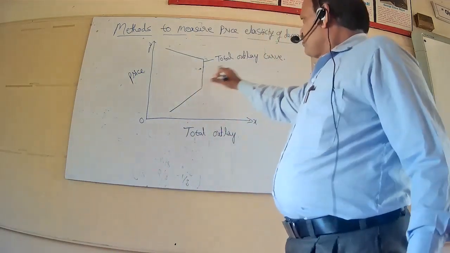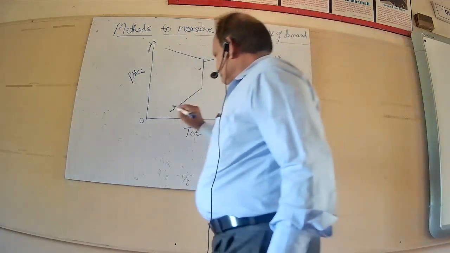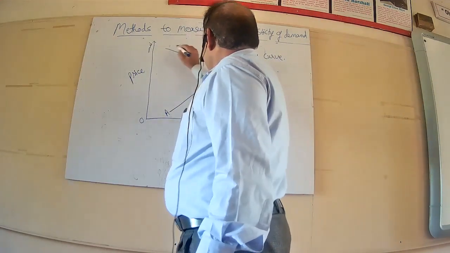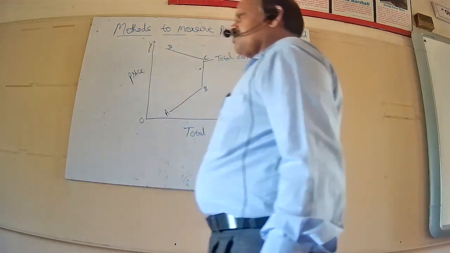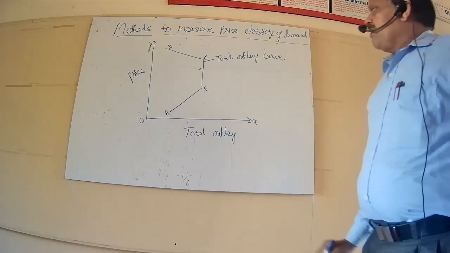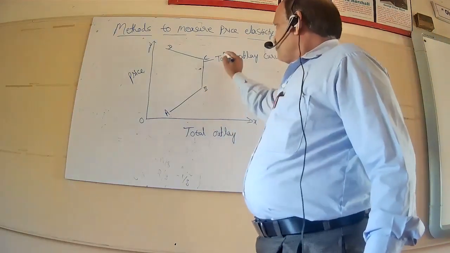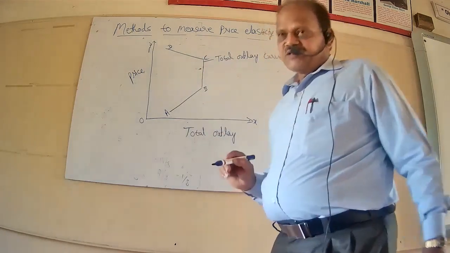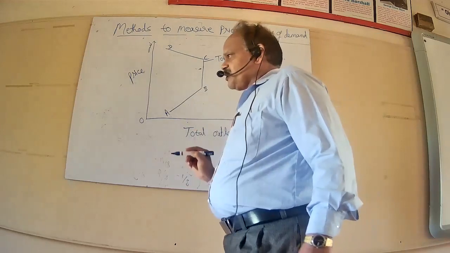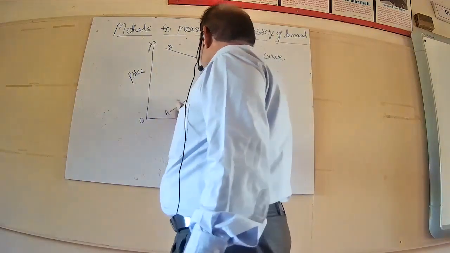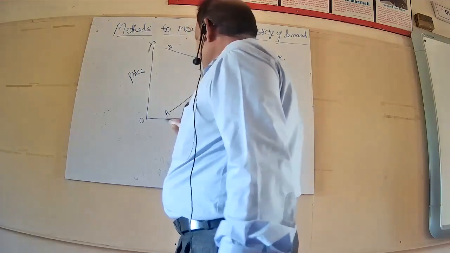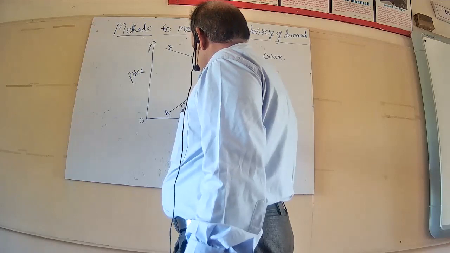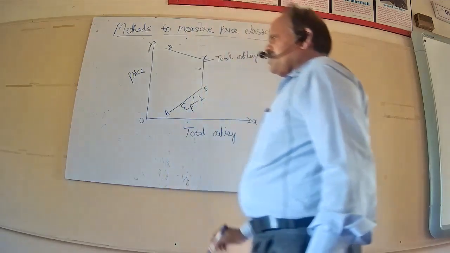Here, the total outlay curve has 3 portions. AB, one portion, BC, second portion, and CD, the third portion. Every portion of this total outlay curve indicates one type of price elasticity of demand. Let us have the first portion, AB. What does this indicate? Here, as the price of a commodity falls, the total outlay made on that commodity will go on decrease. Therefore, value of EP is less than 1. This is the type of inelastic demand.